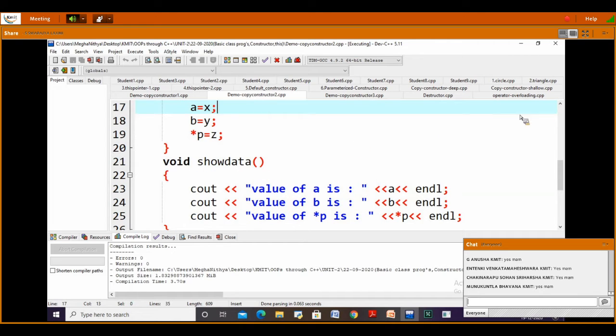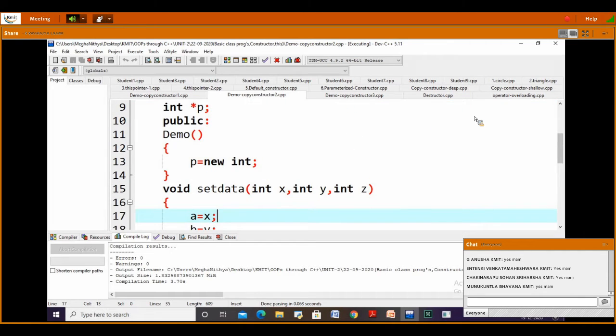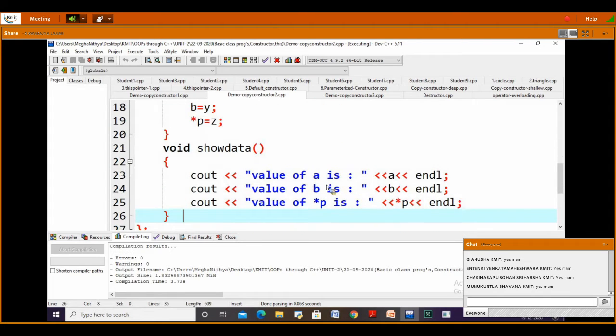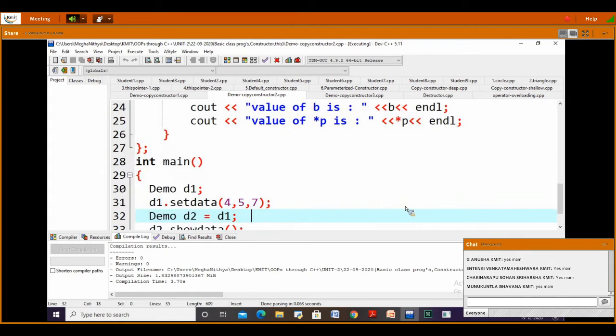As you have created the pointer to an integer variable, I want to initialize that with Z. Then we are printing: value of A is A, value of B is B, and value of P is star P. This is in show data. In show data, we are just printing the values of the members of a class.